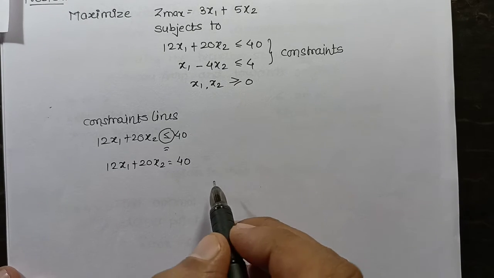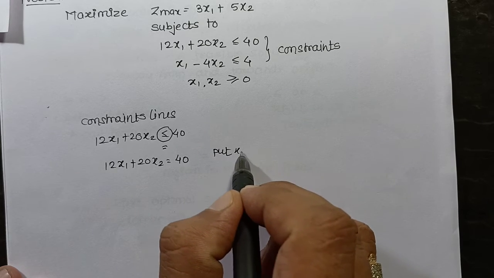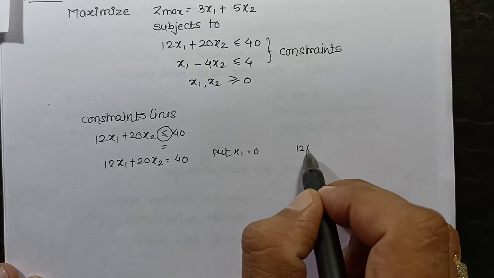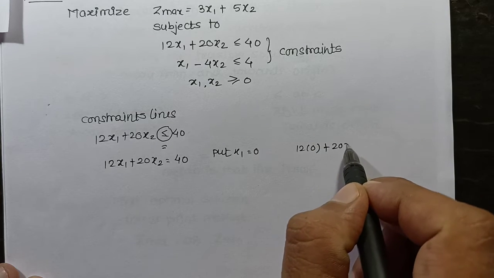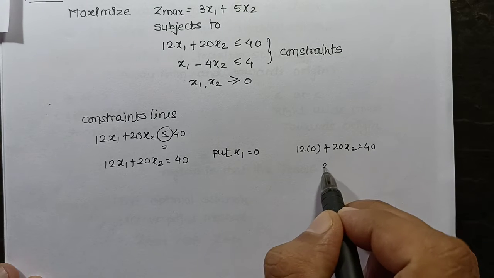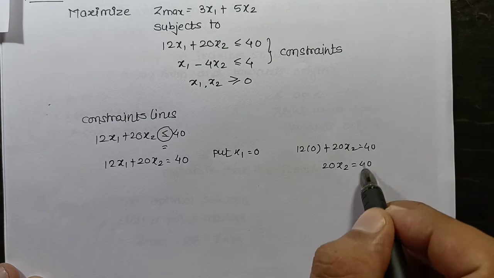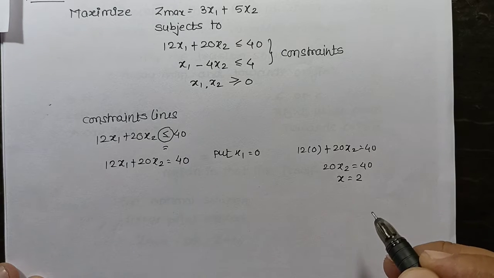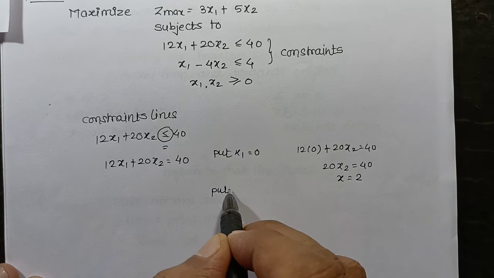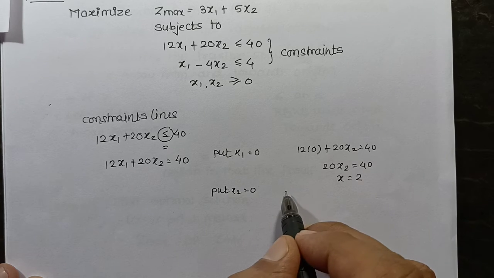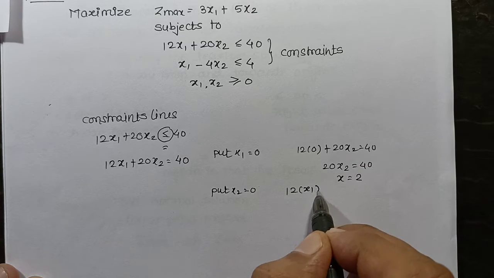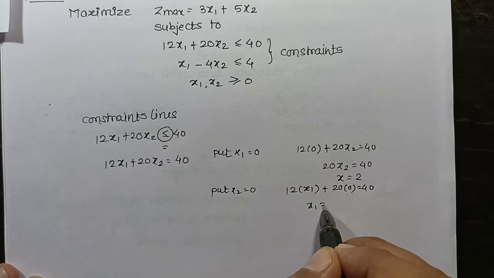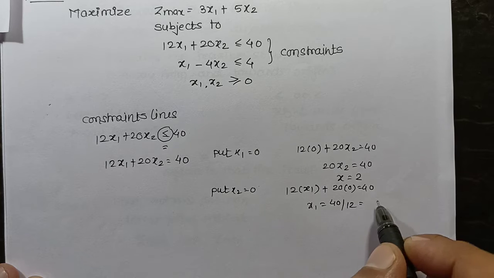Next, we put x1 is equal to 0. Then this equation becomes 12 into 0 plus 20x2 is equal to 40. Therefore 20x2 is equal to 40, and x2 is nothing but 2. Similarly, when we put x2 is equal to 0, the same equation gives 12x1 is equal to 40, so x1 is nothing but 40 divided by 12,